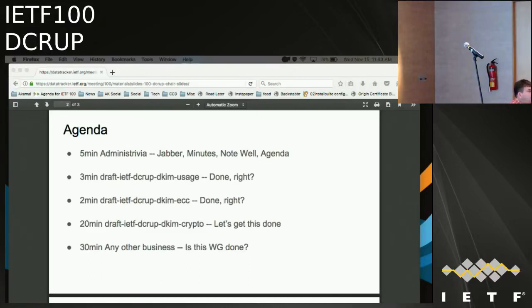Since we're nearing the end of processing the crypto document, I'll be looking for a shepherd. If there's anybody who's dying to do it, Bear will do it. Okay, thank you. I'll put you on there now.